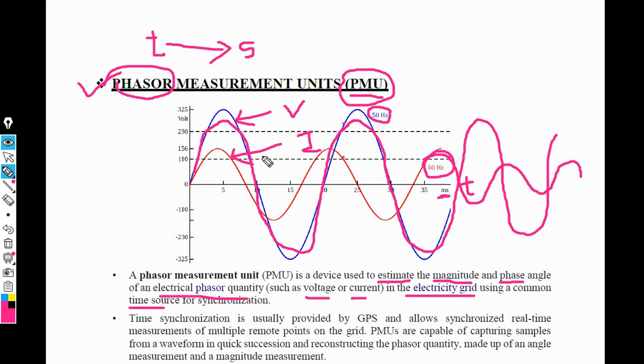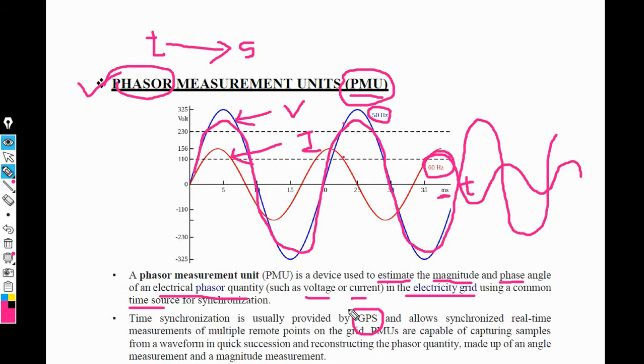Okay, now the whole system of the phasor measurement unit can be controlled with the help of time. Also we require GPS. The time is required for the phasor measurement unit and GPS. Okay, now this time is called synchronized real time, and at that instant we have to measure or calculate time.